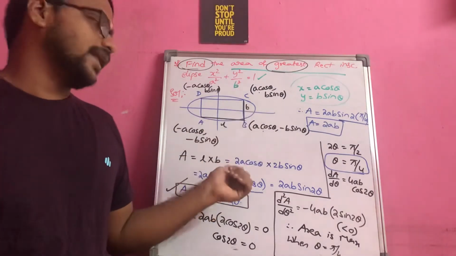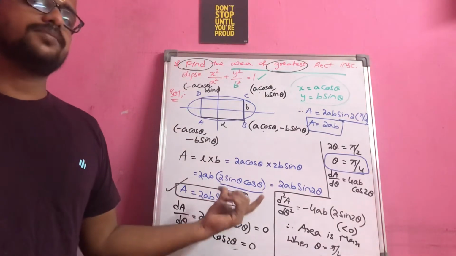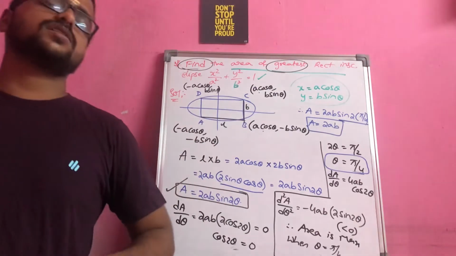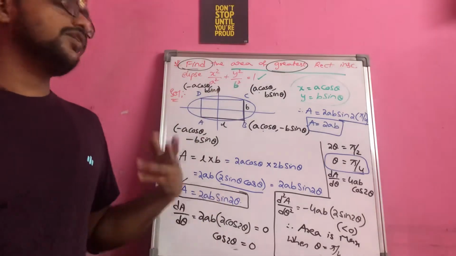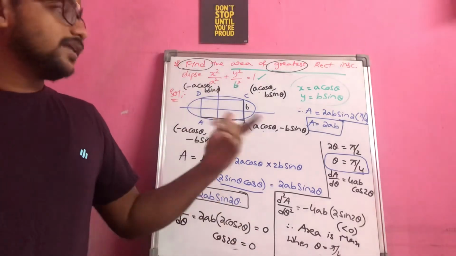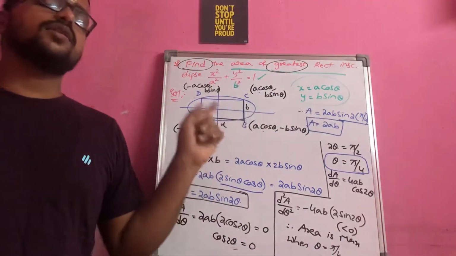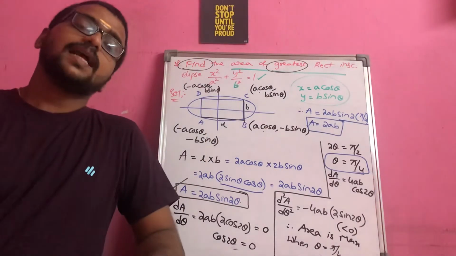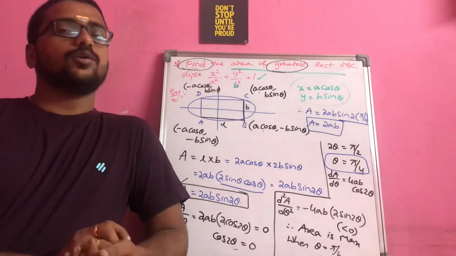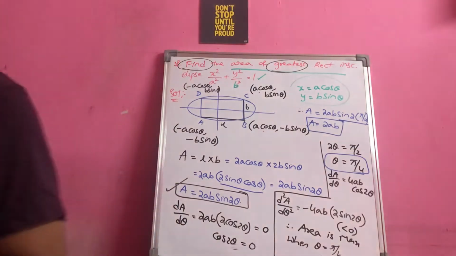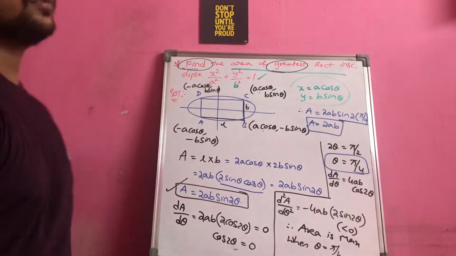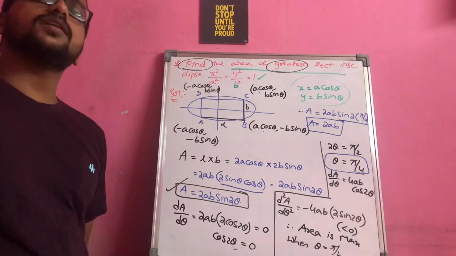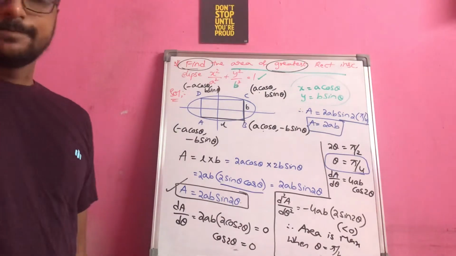Area of a rectangle is L into B. This will be my function. Always you have to apply differentiation with respect to theta only, because the remaining terms A and B will be given in the question only. Another reason is that whatever you are going to measure, the area, will always come in terms of A and B only. So the values of A and B are already mentioned in the question, and you do not need to get confused about which variable to differentiate with respect to. Right?